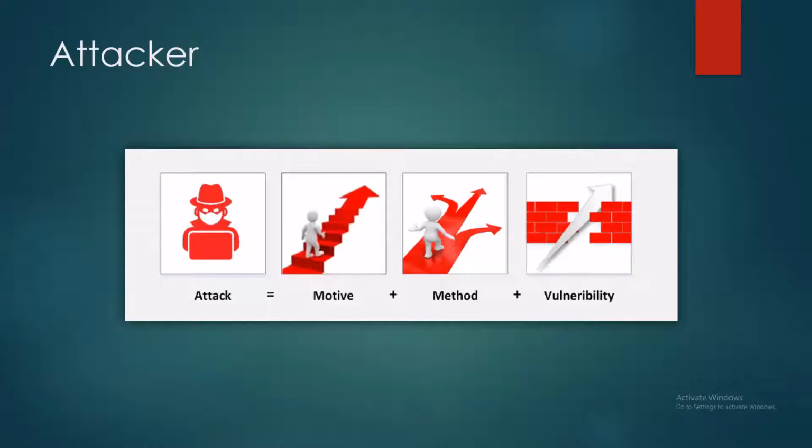Then he'll also look for a method, right? What is that method? Method can be anything. Method is trying to do a physical attack, or use a social engineering attack, or try to exploit the vulnerabilities in your own organization on your web servers. How do you want to do that? And the third one is to identify the weakness and then try to exploit it.